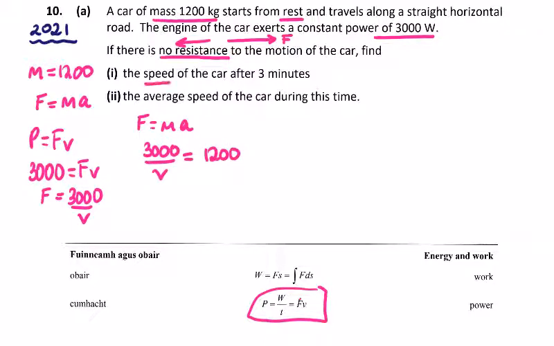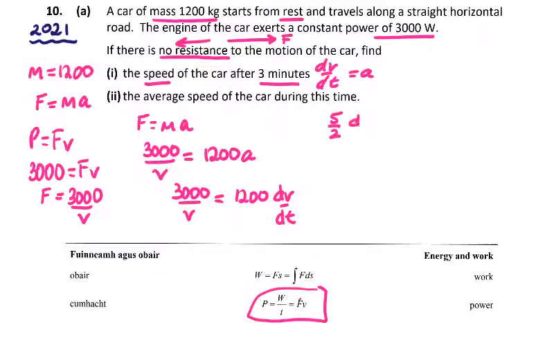Now we need speed after time, so we need dv dt for our acceleration in this case. So that's the a that's going to go in here. So we're going to have 3000 over v is equal to 1200 dv dt. So simplifying this, maybe just leave dv on its own. We're going to get 30 over 12, or 3000 over 1200, so that's going to be 5 over 2, dividing both by 6 dt. So we're going to integrate that guy, equal to, on the right hand side, just v